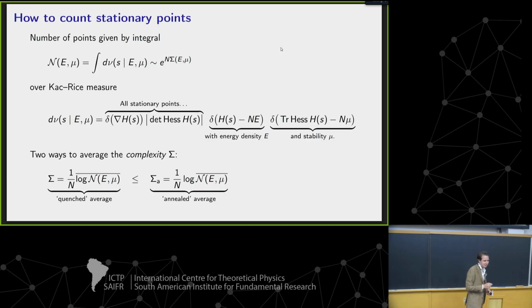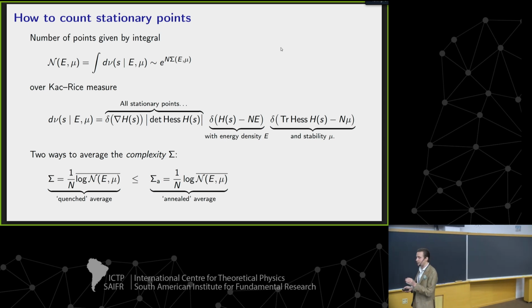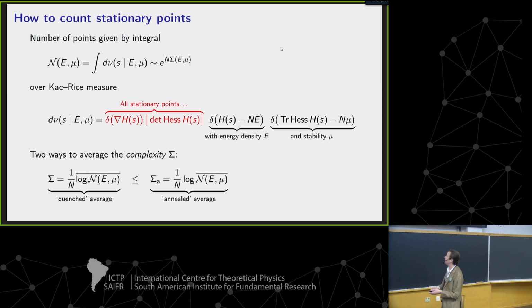So how do we actually count these points and specify their type and height? Well, there's a nice mathematical tool for this, the so-called Kac-Rice method. The idea is to simply evaluate an integral, and typically we'll evaluate this integral using techniques from mean field theory. But the integral is quite straightforward in terms of what it means in counting stationary points. It's over a measure that has two pieces. The first piece contains a delta function with its Jacobian, and this piece will count 1 every time it sees the gradient is 0, a stationary point. So we're simply counting the stationary points.